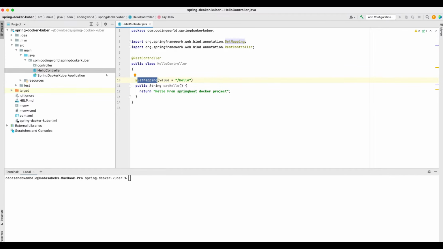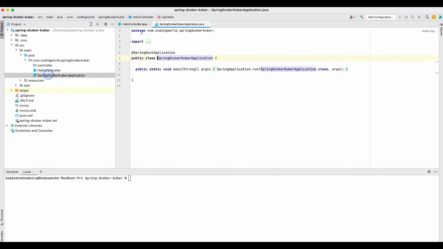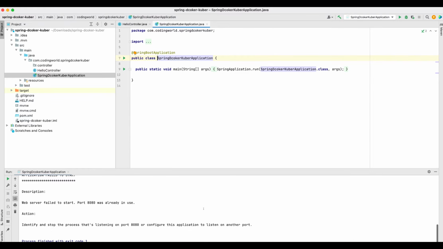Let's run this application and test it locally first, to see whether it is working or not, and then we will create the Docker image of the same project. So I'm running my main class. Some other service is running on 8080, so let me change the port.